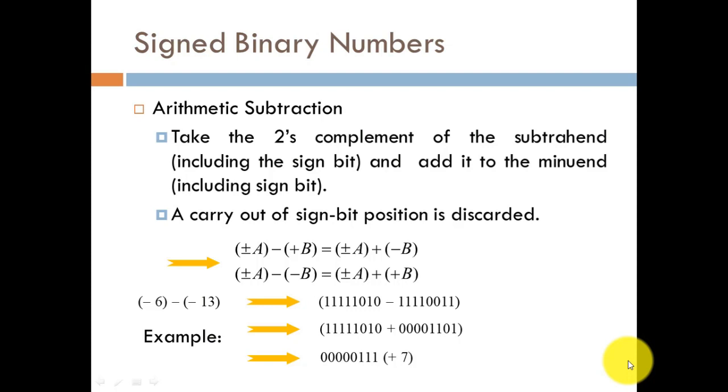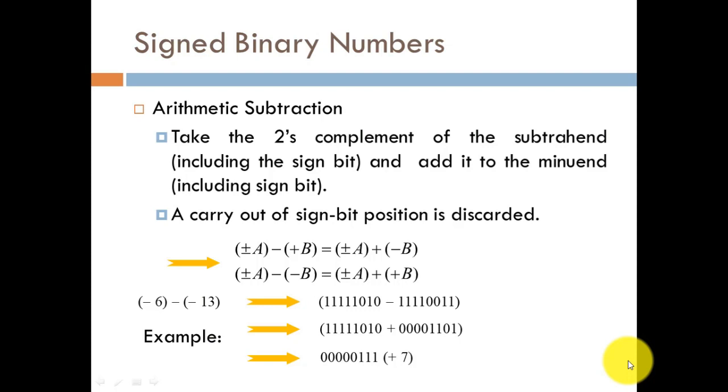So a carry out of the signed bit position is discarded, as we had discussed. So simply we'll have this plus or minus a. This a and b represent your two bits or digits. So the arithmetic operation would have been given as plus or minus a, addition of minus b, so we can simply perform that. So we have changed these signed values, such as for minus b we will have the representation in the complemented form, and we simply have to perform this addition operation.